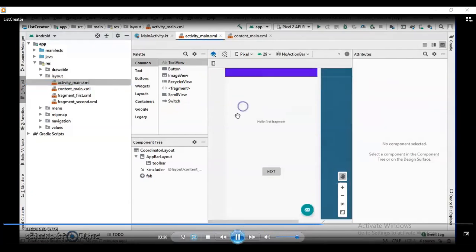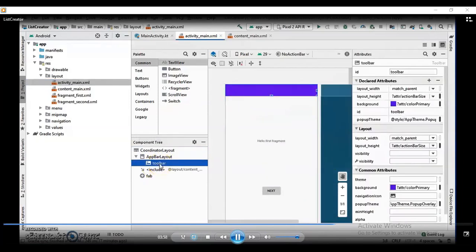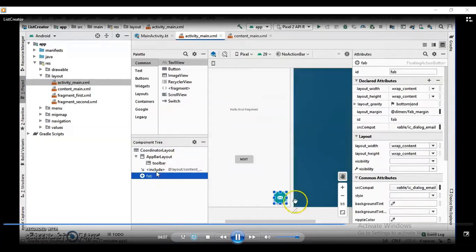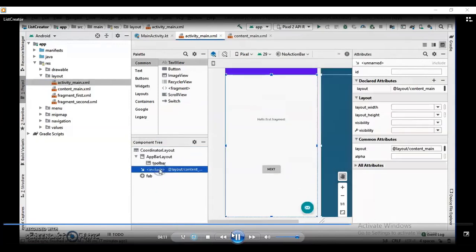Once you go through all these things, you can observe their attributes, which are specified here after selecting these components from the component tree. This include directly has the layout attribute, that is @layout/content_main.